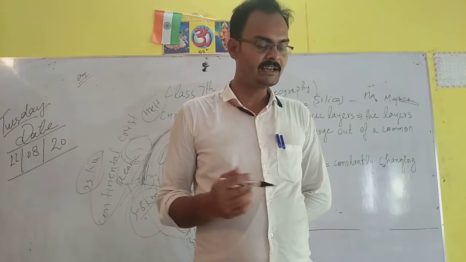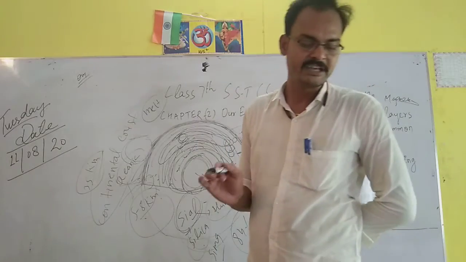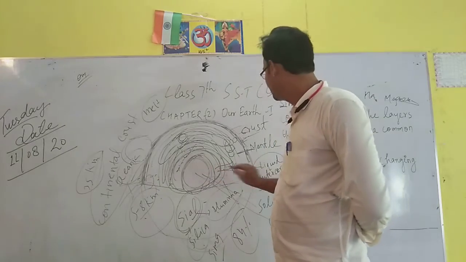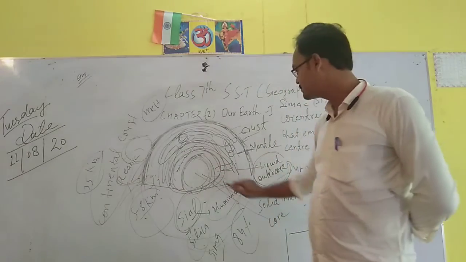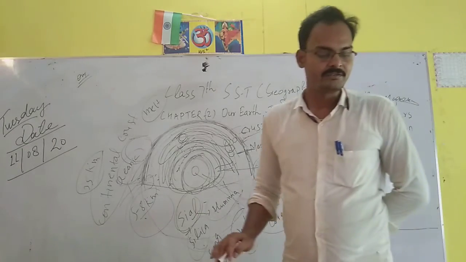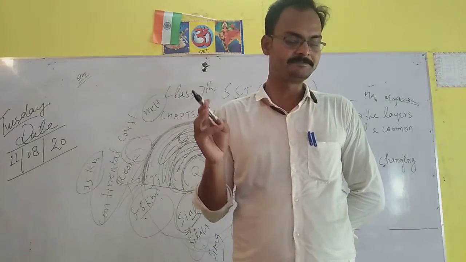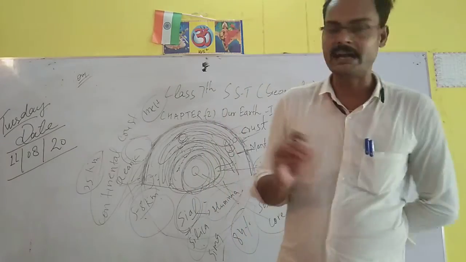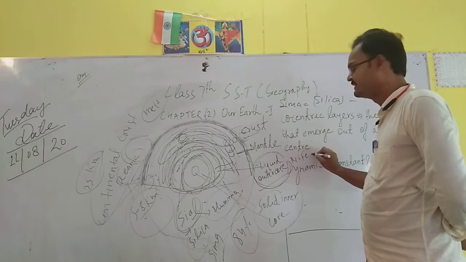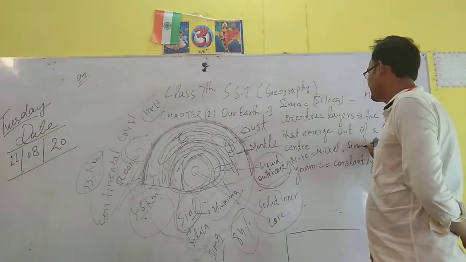We can say outer and inner. The inner core is a solid metal core called NiFe because it is composed of nickel and iron. So on the upper side, we can say there is a liquid outer core, and nearby that is the solid inner core. This liquid outer core is of two metals, nickel and iron. So this area is known as NiFe, that is nickel and ferrous, iron.